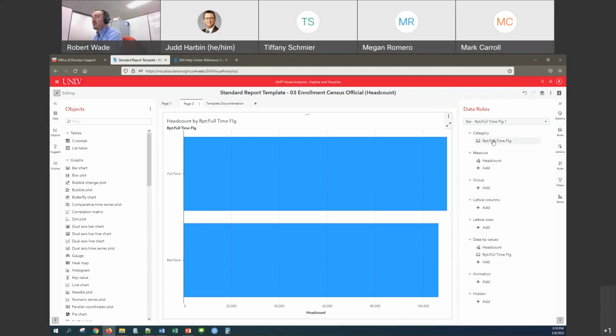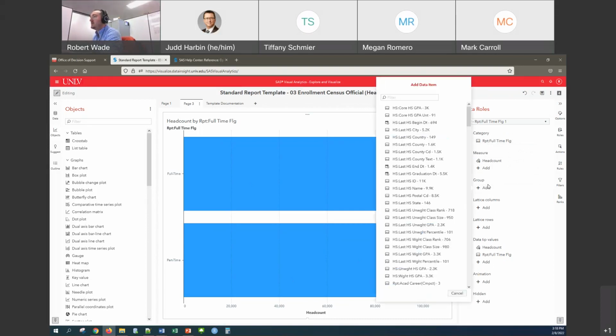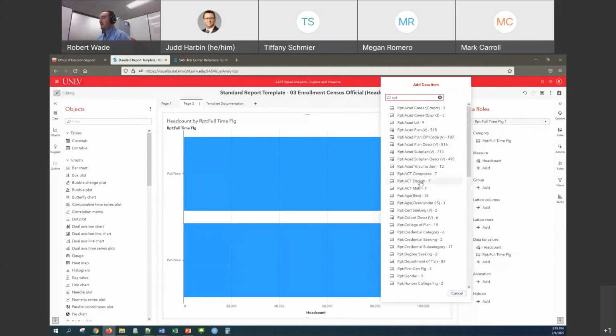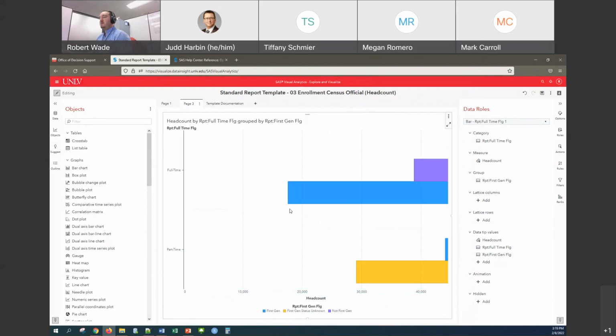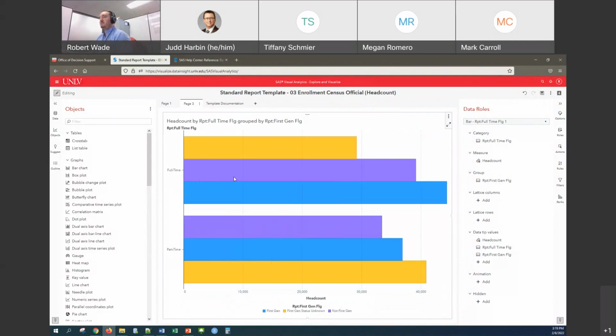Let's say we wanted to break this out. Instead of just by full-time, we wanted to further group that. So let's see what this group action does. I'll type in RPT again, and I'll stick with first gen because there's not too many values. And now within the full-time and the part-time, there's a different bar broken out by each value within the first gen flag field. So we have a legend at the bottom,